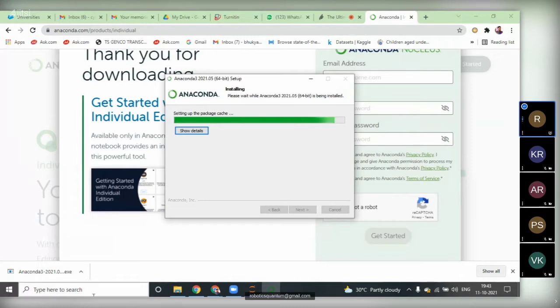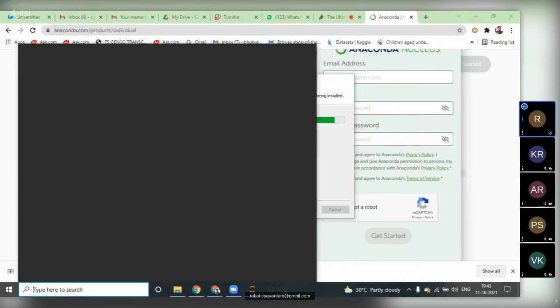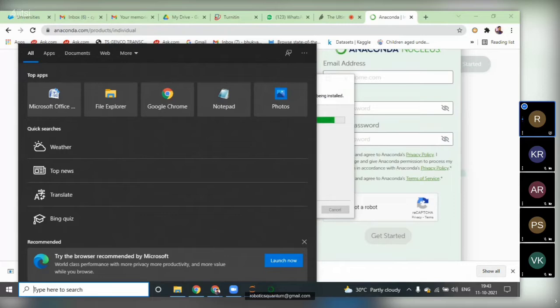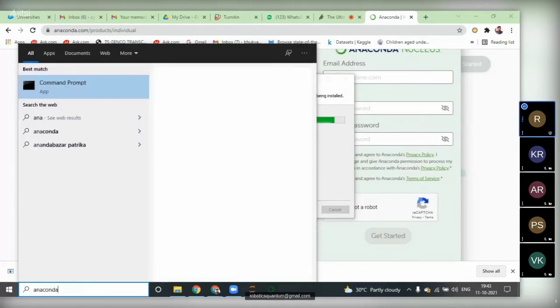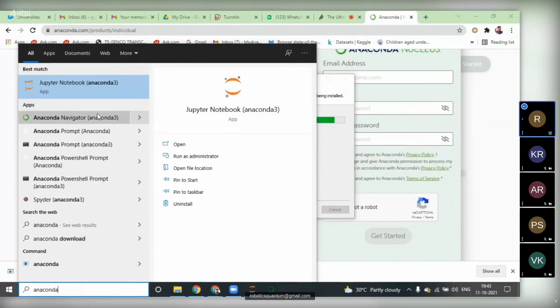See, after installing, let me show that I already have Anaconda Navigator. Just click on Anaconda. When you search for Anaconda, it shows a green colored Anaconda Navigator, Anaconda 3.